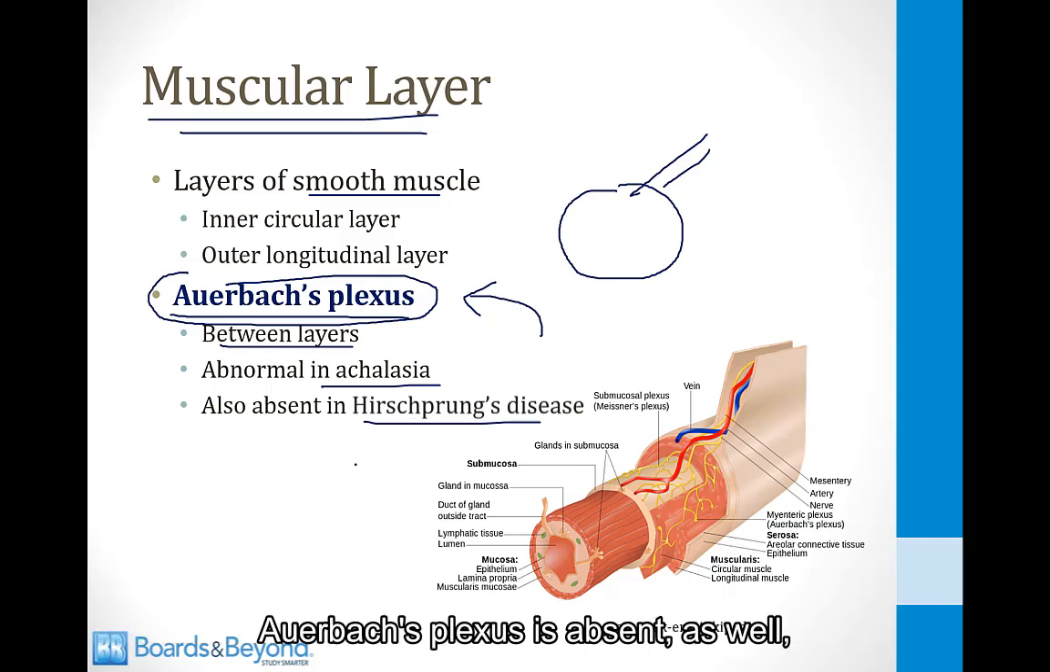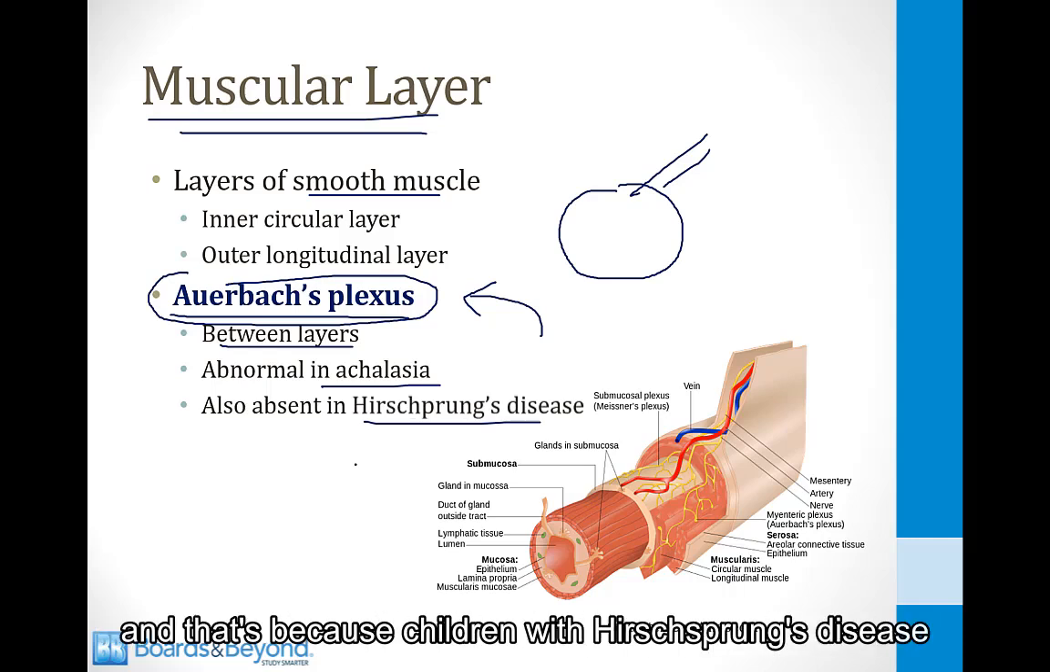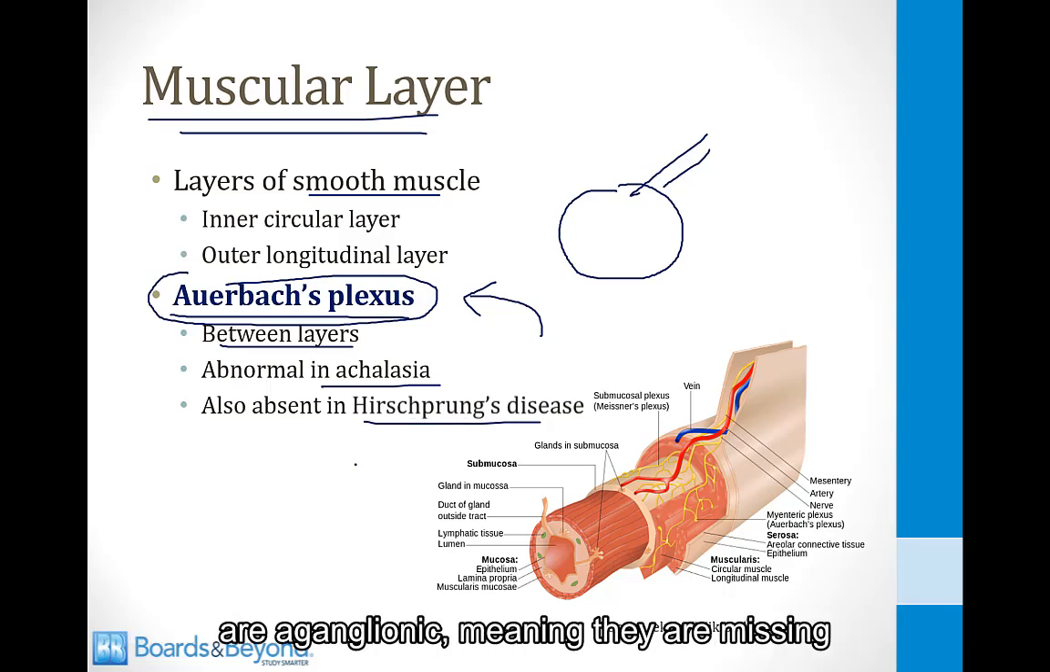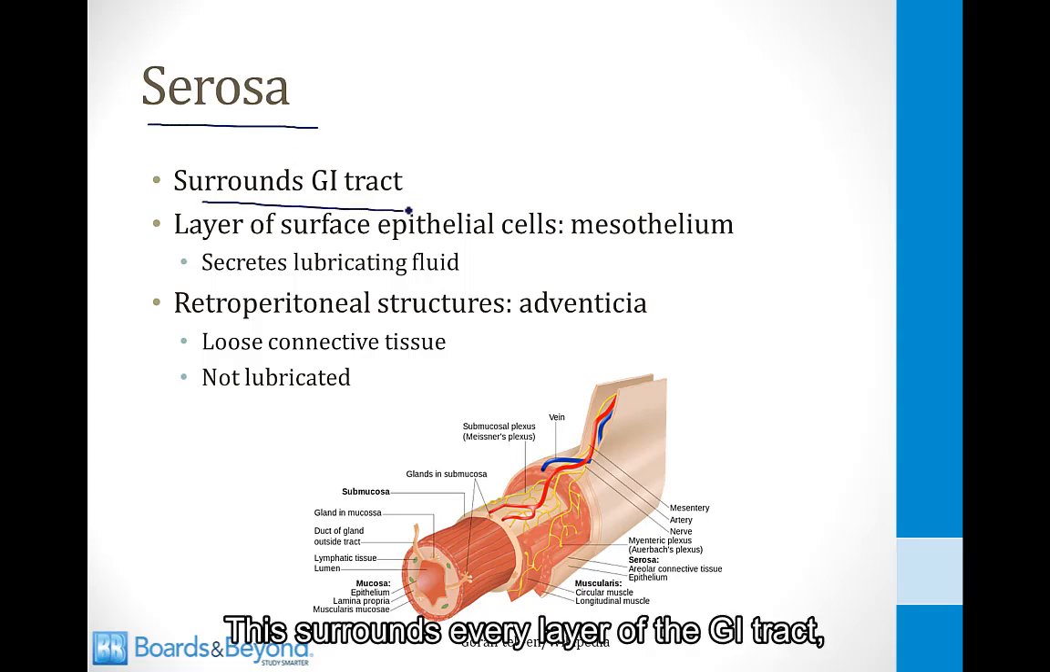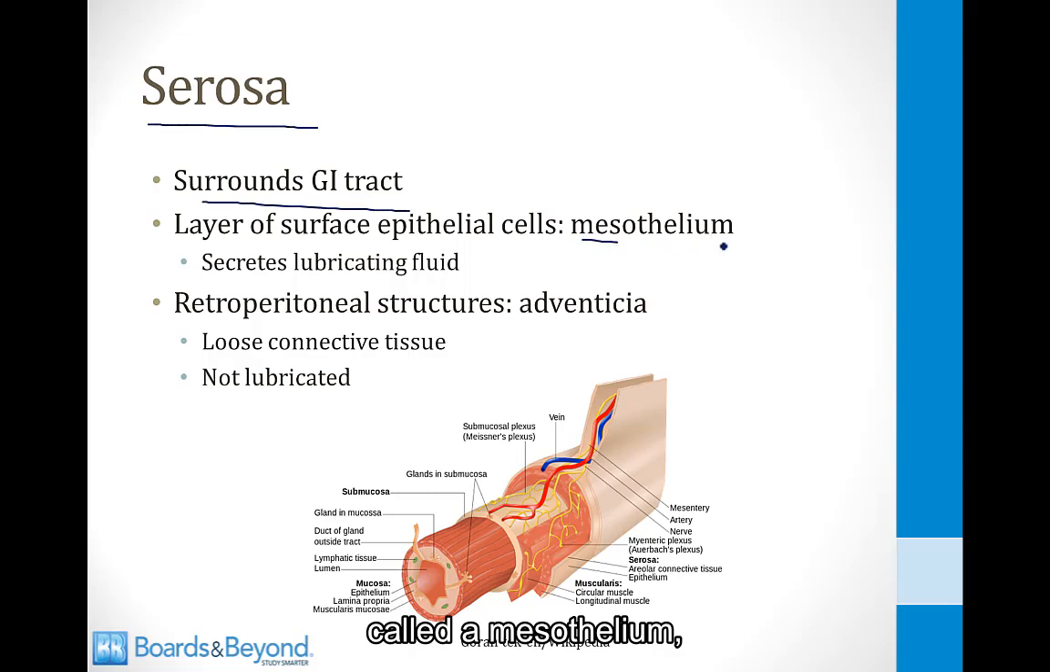Auerbach's plexus is absent as well, and that's because children with Hirschsprung's disease are aganglionic, meaning they are missing both Meissner's and Auerbach's plexus within the walls of the colon. Finally, the outermost layer of the different portions of the GI tract is called the serosa. This surrounds every layer of the GI tract, and it is a layer of surface epithelial cells called a mesothelium,